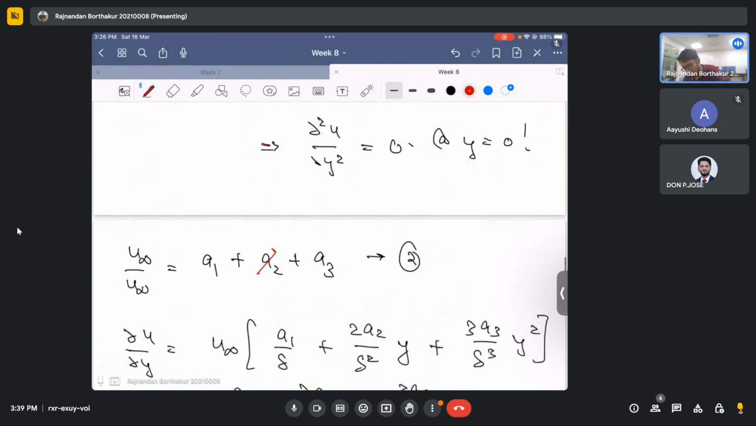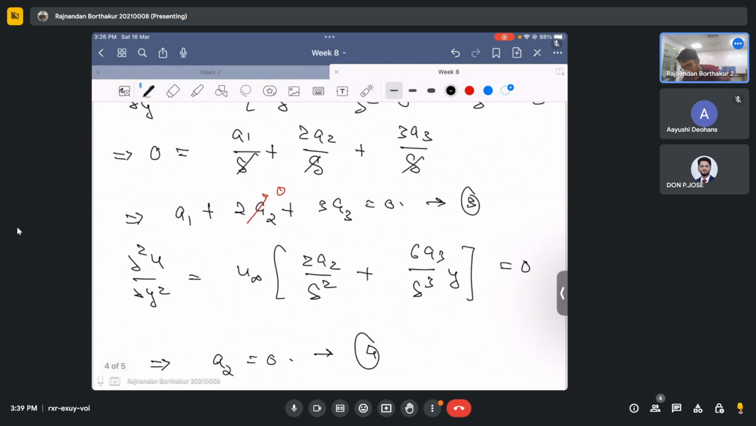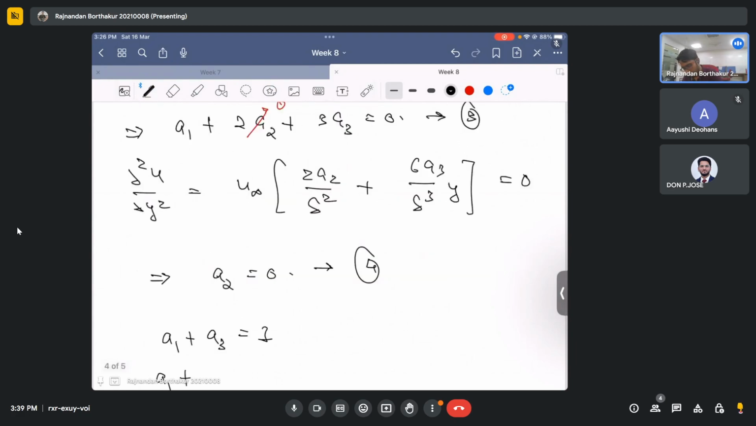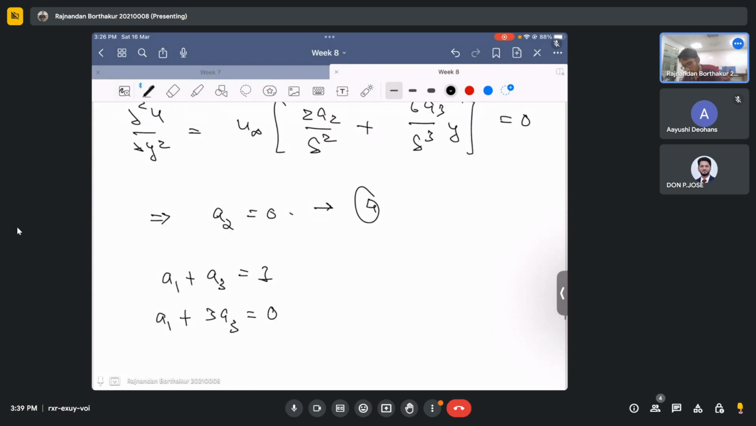This a2 is 0, which means I now need to solve for two unknowns. So what are the two unknowns? The equations are a1 plus a3 is 1 and a1 plus 3a3 is basically equal to 0. Now if I just add this, what do we have? Yeah, let's not add it, let's subtract one from the other. If I subtract 2 from 1, then I have 2a3 is equal to 1, which means a3